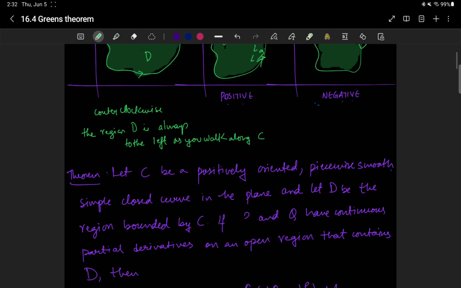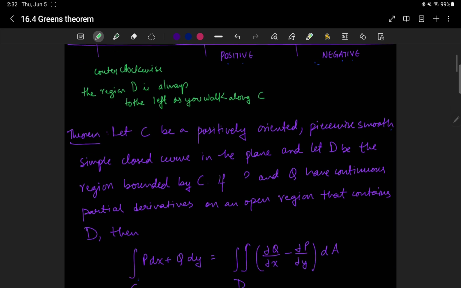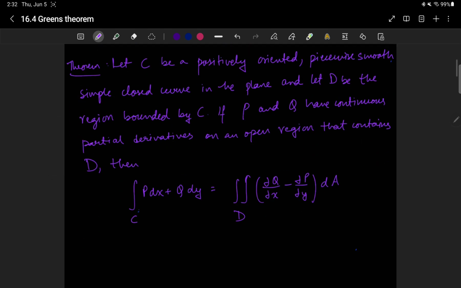And the idea here is, if we have C, a curve which is positively oriented, which means that the region it encloses, D, is to its left, it's a piecewise smooth, simple closed curve in the plane, and D is the region bounded by C. If P and Q have continuous partial derivatives on an open region that contains D, then this line integral given by P dx plus Q dy is the same as the double integral of the difference between these two quantities, which recall